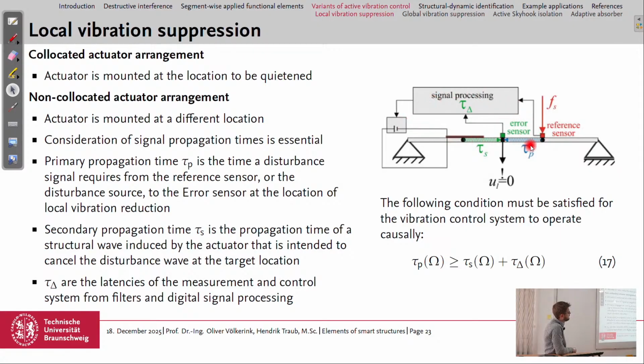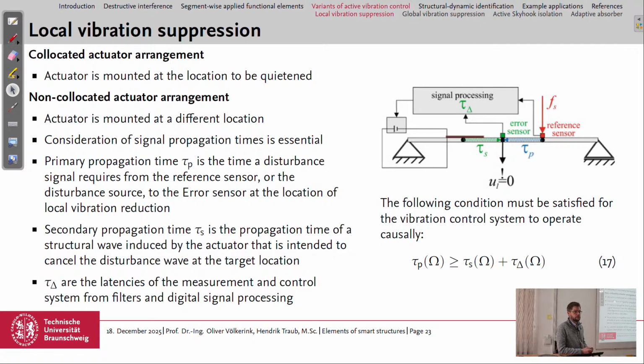Our sensor is here to know the excitation force, and from this recorded signal of the disturbance, we need to calculate in the control loop our signal for the actuator, and this also takes time and also limits the positioning of the actuator. The actuator has to preempt the